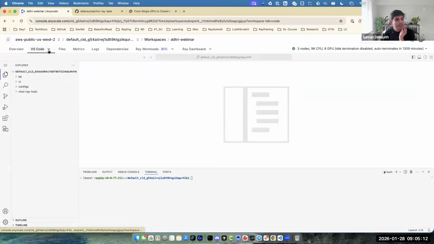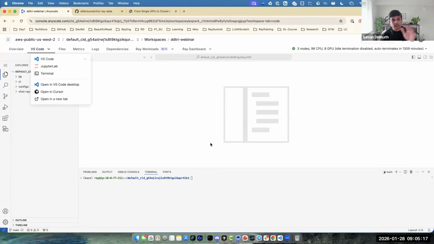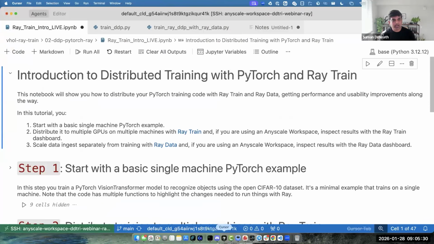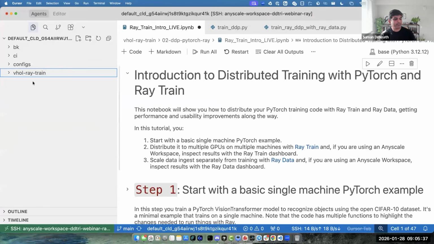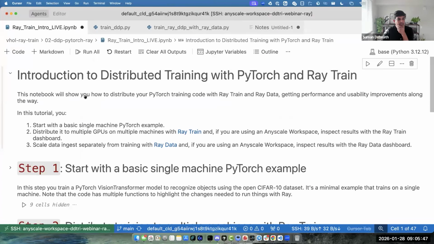And then if you come to this Visual Studio Code and click here, you can very well do this here on the browser, or you can open it in Cursor on your desktop or in Visual Studio Code, whatever you feel like. So I just clicked here, and that's how I end up coming to this page. Right? And I can see all the folders that I have in this present working directory. Okay, so I've just cloned this GitHub repo. You may like to do that as well after this webinar to run through this code. Okay, so